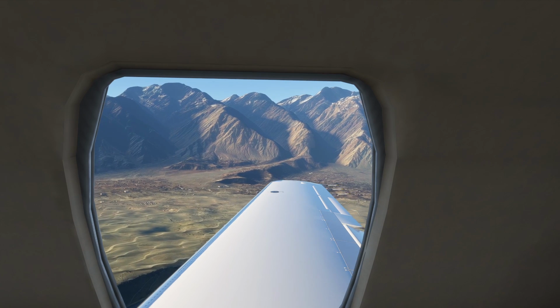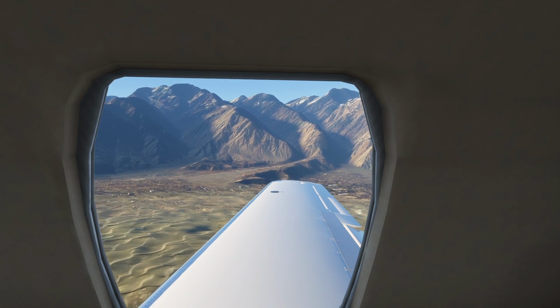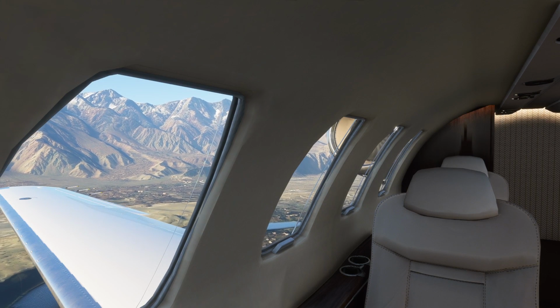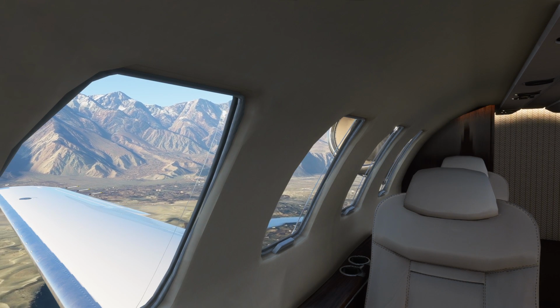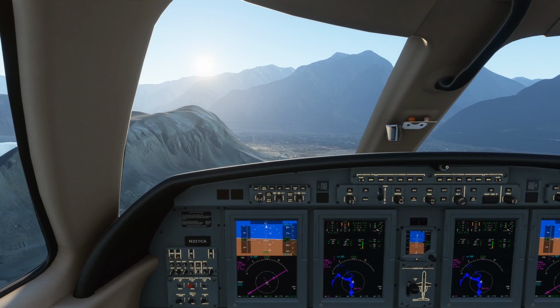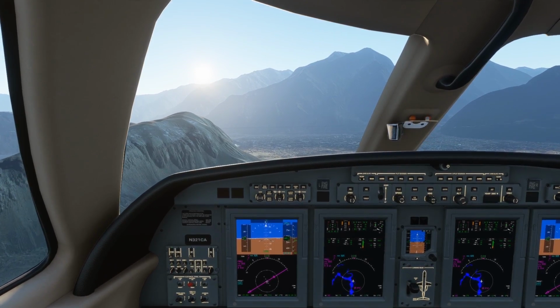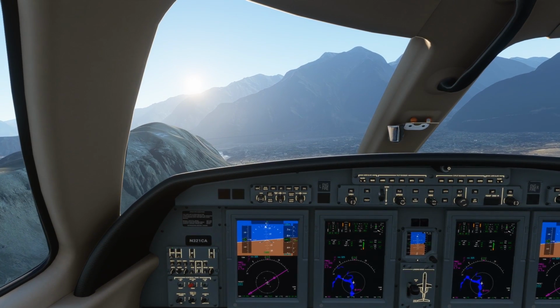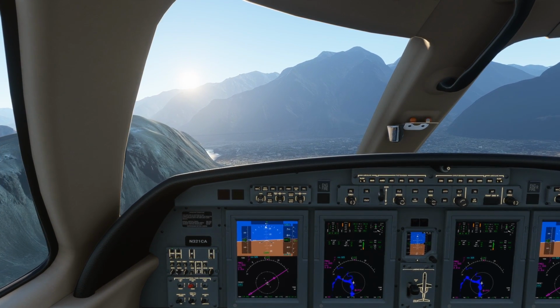View from inside the cabin there. Wow, just stunning. Wow. Looking back inside the cabin there. Truly spectacular. Just kind of judging my height here as I come up